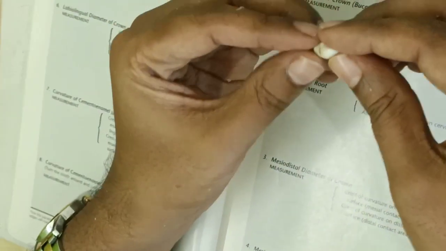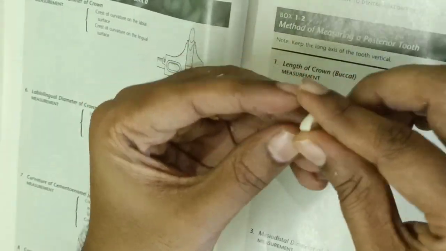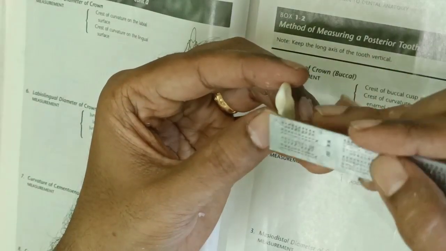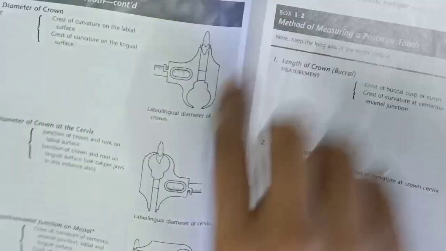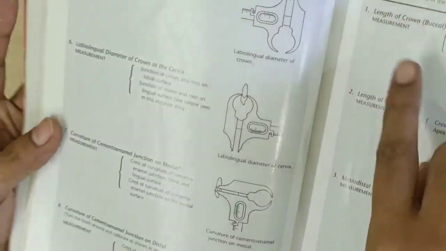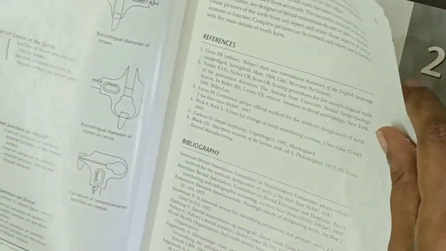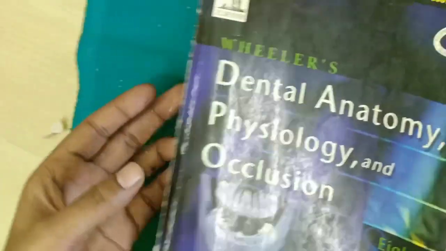Here it is given. In labiolingual, this is from the mesial side. Turn the tooth towards the mesial side. So this is your labiolingual diameter at the crown. Then at the cervix. Here it is given at the crown and at the cervix. Then CEJ. Next is the method of measuring the posterior tooth. Everything is there in your Wheeler's textbook, so you can go through the textbook. With this we conclude the carving of maxillary incisor